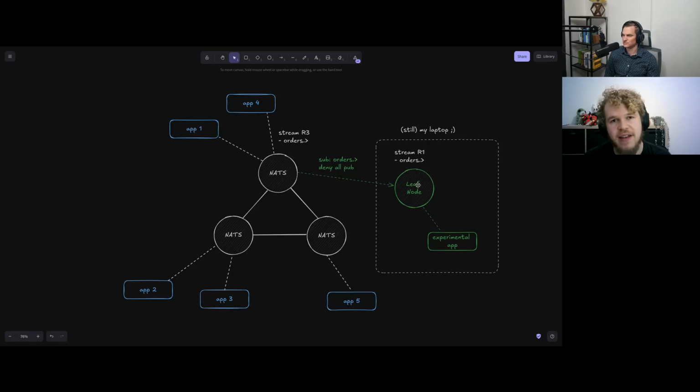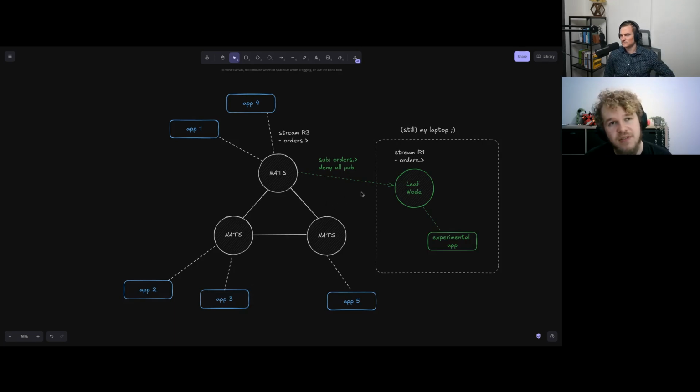And this also has the added benefit and also side effect because it's just core NATS and it's fire and forget. You might miss messages on the leaf node. But hey, we're testing. It's fine. We're not going for reliability. We're more going for testing. And the reliability is something that we would get if we're connected to the cluster directly.